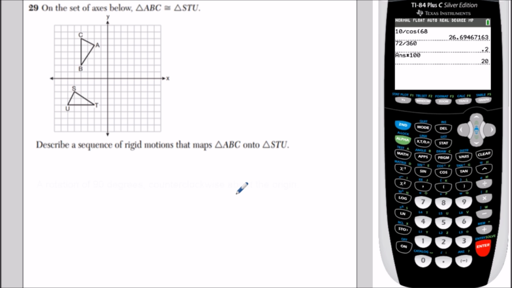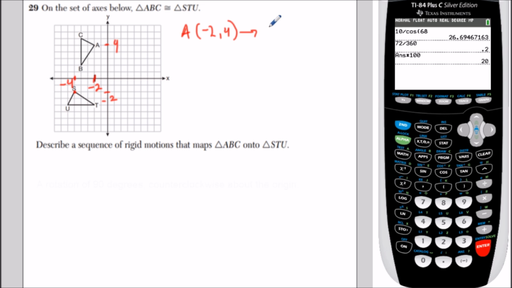Now for question 29, we have two congruent triangles. ABC is the original and STU is the image, because ABC is mapping onto this one, and we want to describe a sequence of rigid motions that gets us there. Now if we identify the coordinates here, for point A, the coordinates are -2, 4, and point S is -4, -2. So if you think carefully about this, if I'm sending the point -2, 4